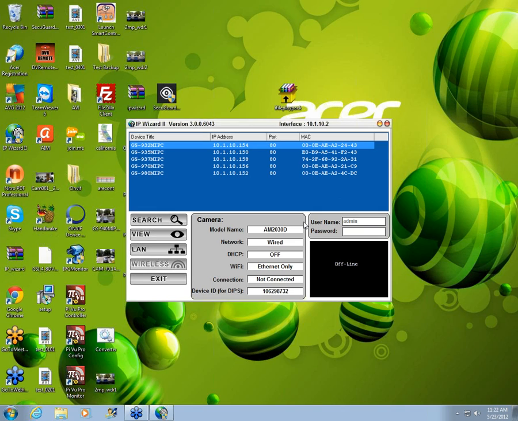So as we can see, we have 5 IP cameras on the network already, and it'll tell us where the IP addresses are. So now that we have found all our IP cameras,